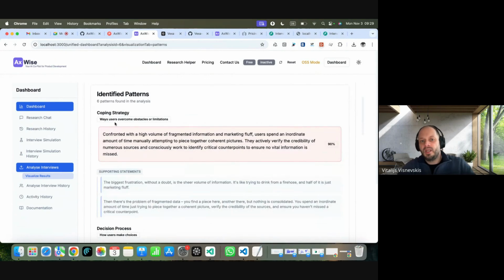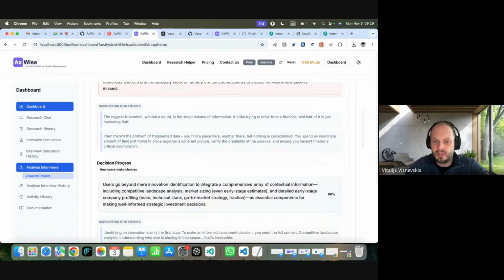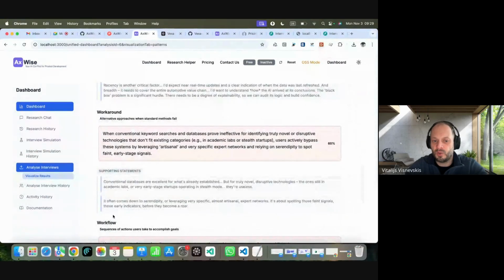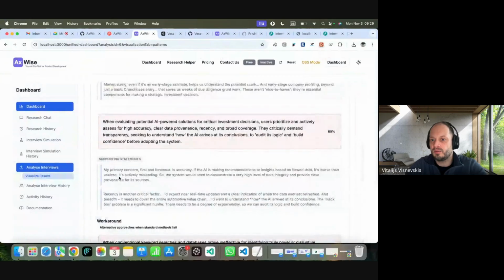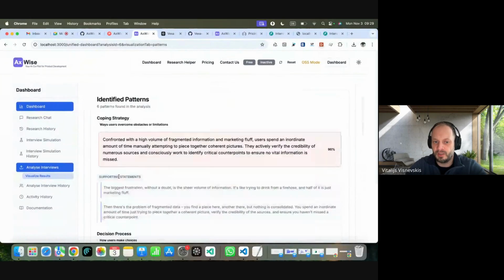It's like the ways users are approaching this. There are coping strategies, a decision process, workarounds, workflows. So it's our general ways of working. How would you extract this, or how would you think about it? You have a framework here, and okay, that's the main problem. Did we think about the high-volume, fragmented information? Honestly, I don't know what the venture studios in the UK or the automotive market are struggling with.